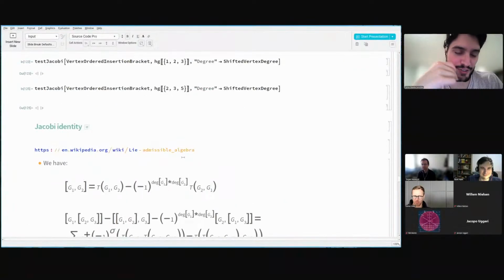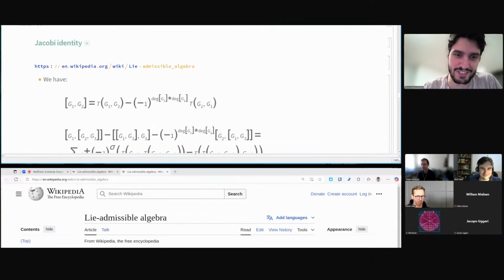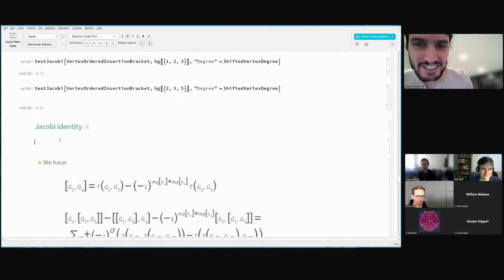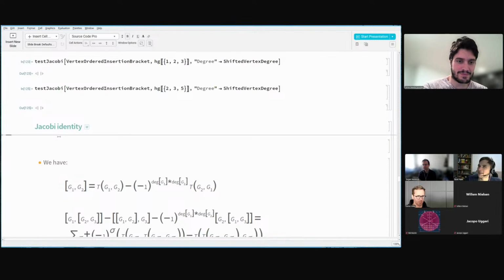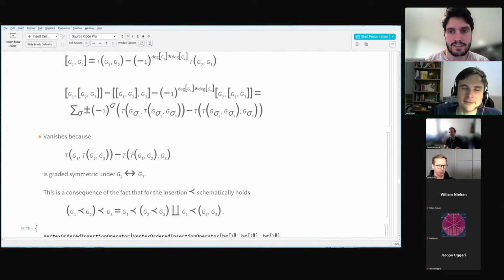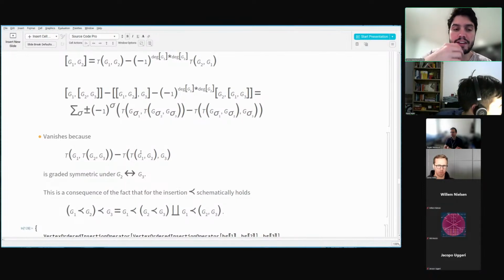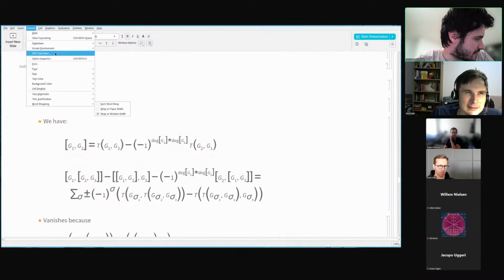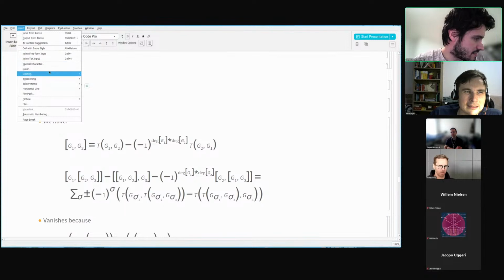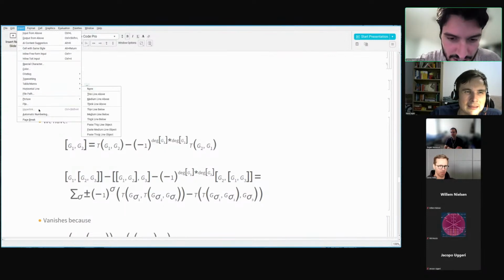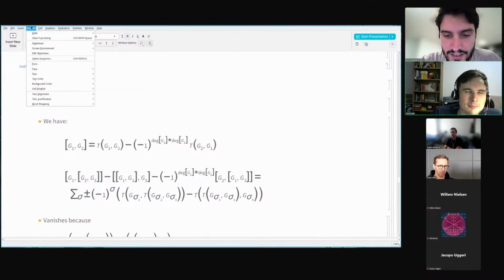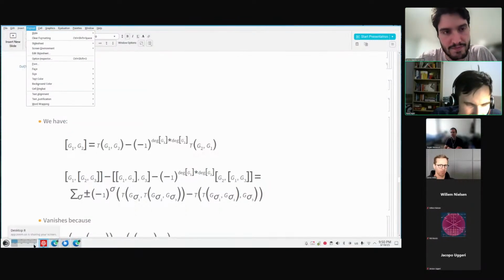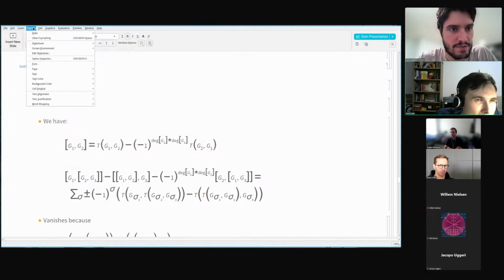This Wikipedia article should be extended, because they don't mention insertion algebras as Lie admissible. Maybe insertion algebras are namely something already known, and namely left... How is it called? Left associative? No. Oh yeah, that's right. What was the term? Left... It's in the Marcoli paper, right? Yes, probably. I wonder if I have it somewhere. Or you find it.